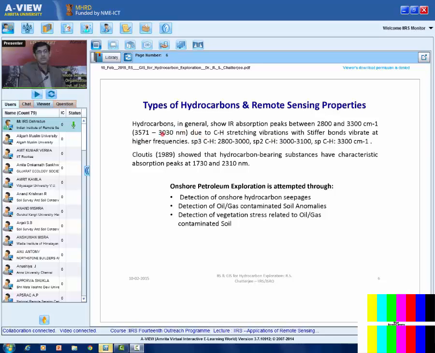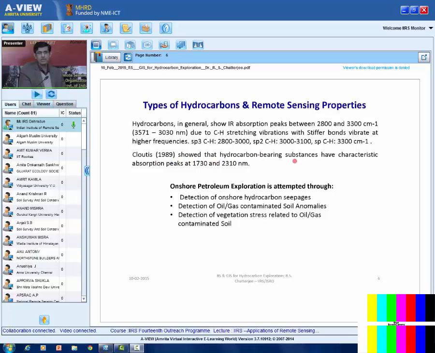That means 3 micrometer. And in case of sp3, that means methane, butane, this kind of hydrocarbons, it is around 3.5. So where there are more bonds between carbon and hydrogen, it is shifting towards the shorter wavelength, 3.0. This is basically in the middle infrared, the thermal region. But if you talk about the visible near infrared or short wave infrared region, then